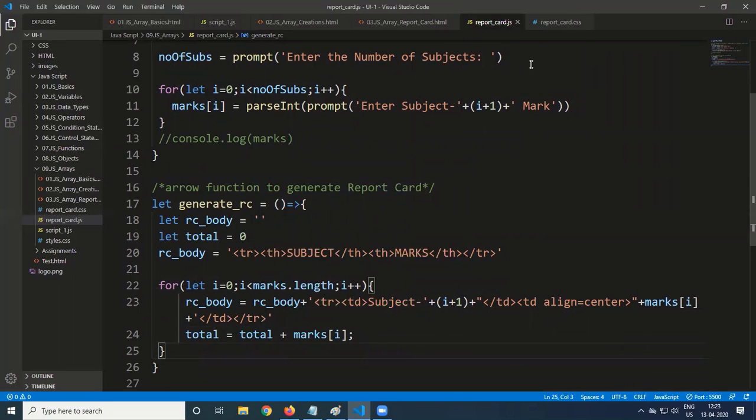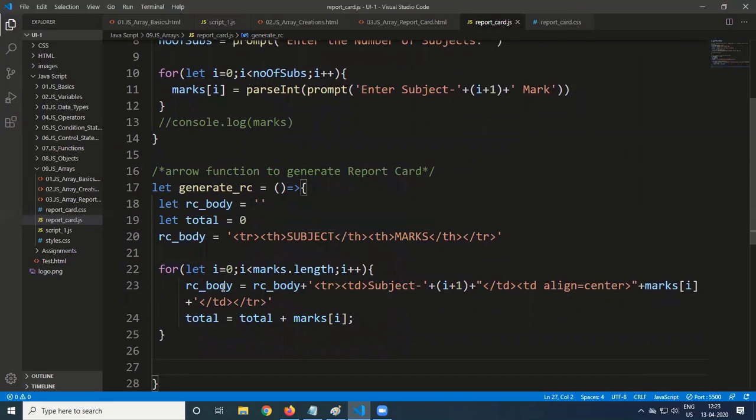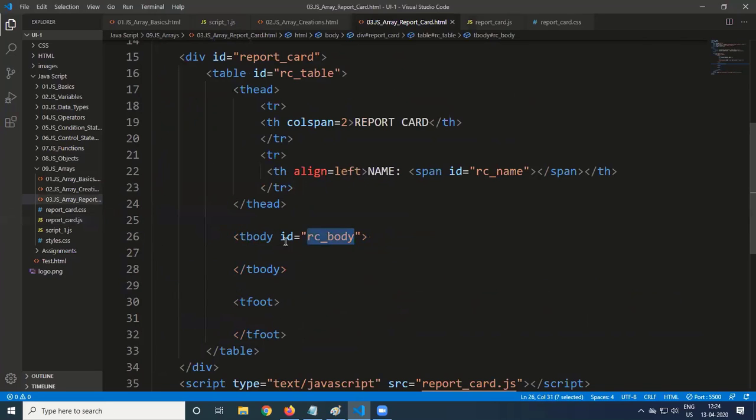Now, whatever value is available for RC underscore body, I want to integrate inside this section, the section for displaying subject names with the marks dynamically.